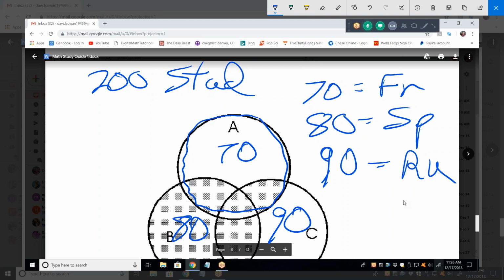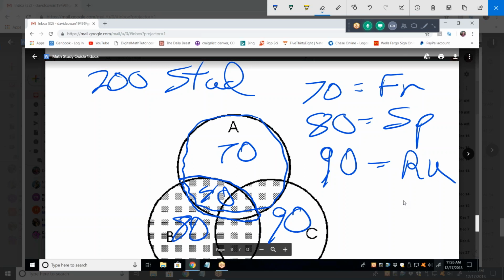It's the whole circle of C. But there's got to be some overlap because we only had 200 students, and we've got 240 taking languages. So if we had, say, 40 students in this area right here that were taking both French and Spanish,